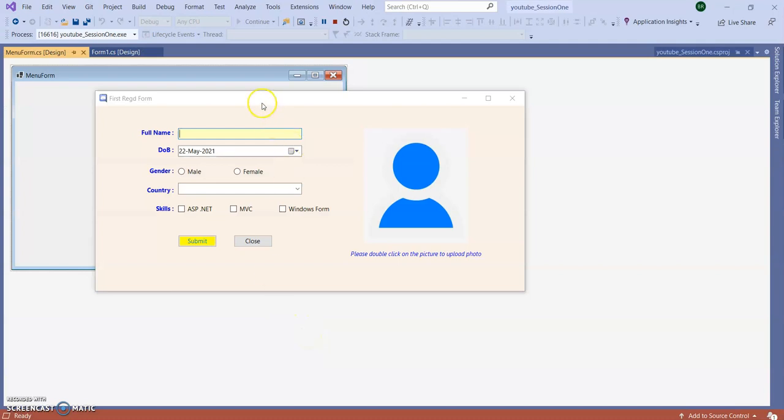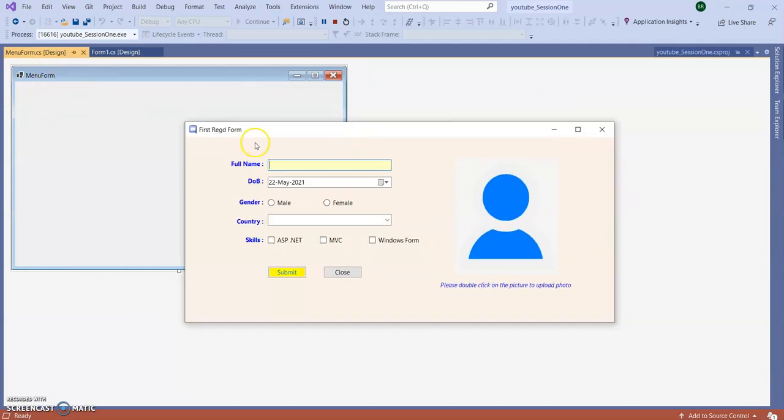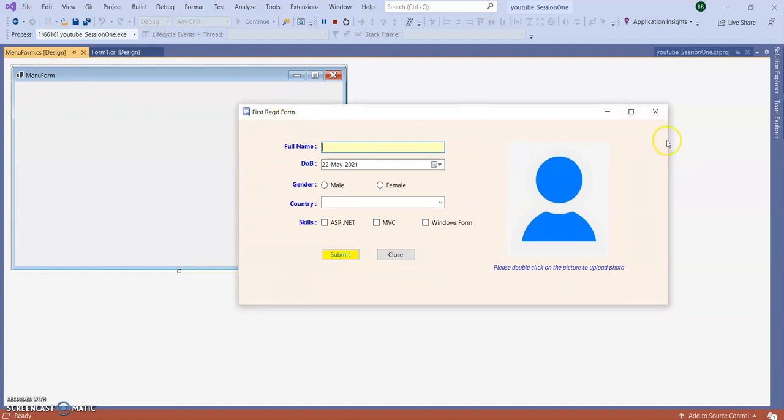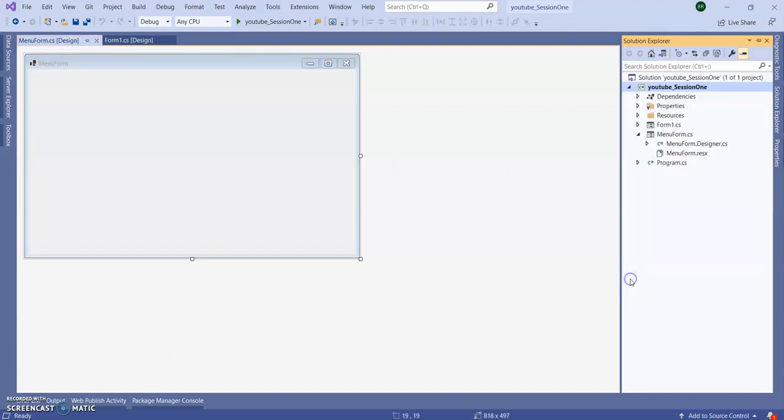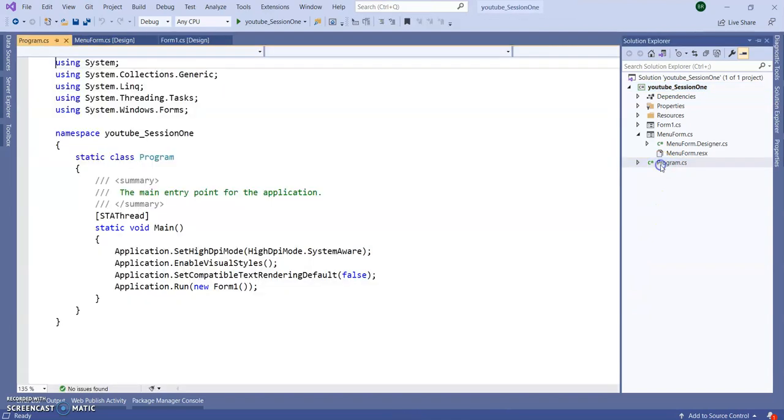So you can see even though we added our new form, the older or existing form is coming. So how can we set this particular new menu form as the startup form? For this, go to your Solution Explorer. There you can find a class file, that is program.cs. This one.